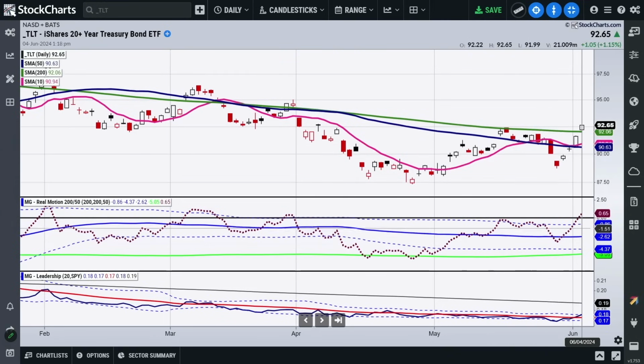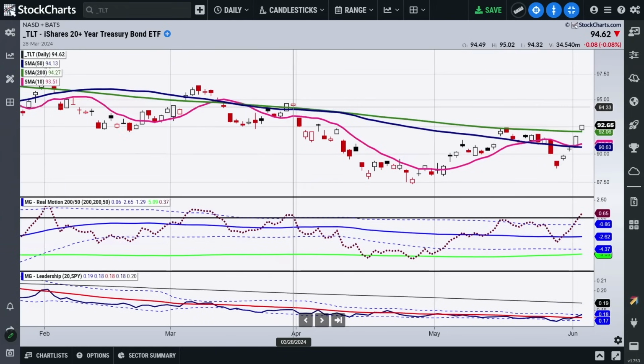And now not only are we back through that Bollinger Band, but we're back through the zero line, something we haven't been since the beginning of April. But what makes this time a little bit different is that we're also through the 200-day. Now, we've been there before, and we need a couple of closes, no doubt.